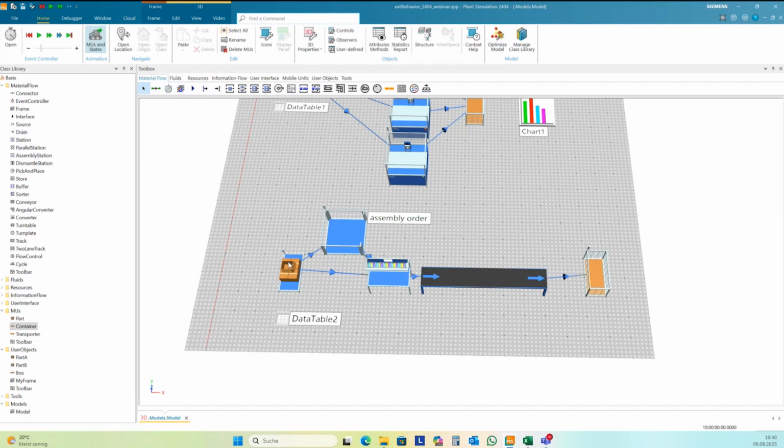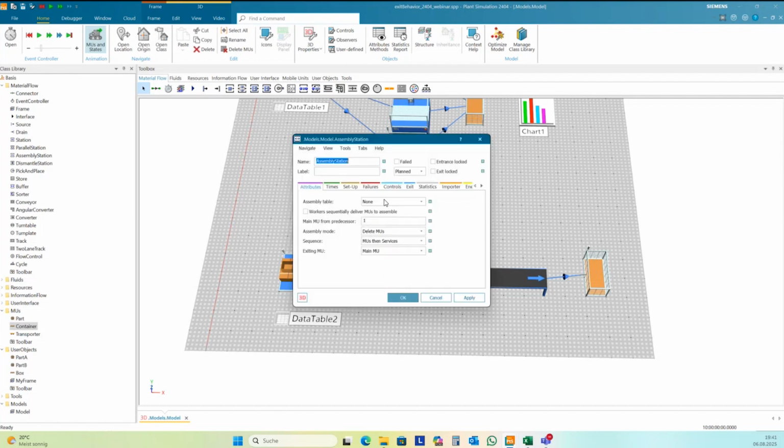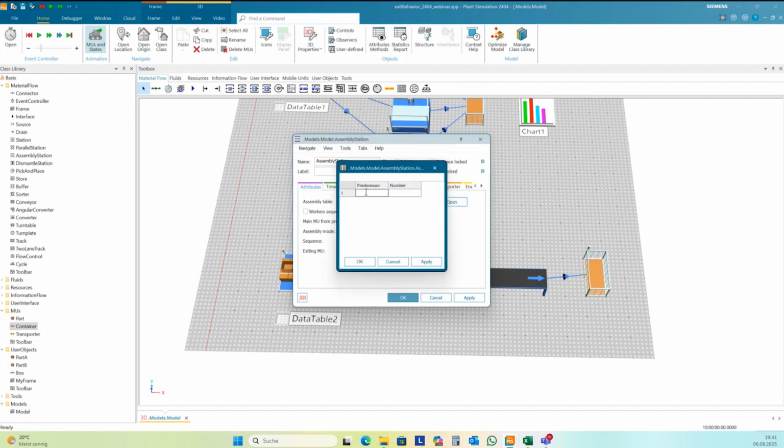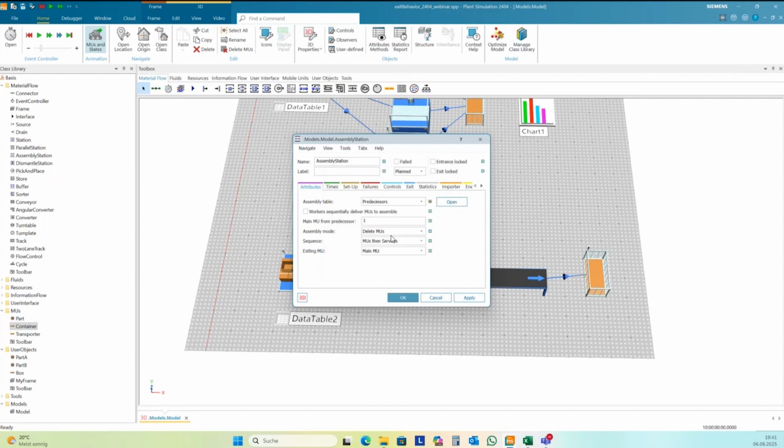Okay, and now I need to send first the box here to the assembly station. I want to have assembly table based on predecessors. Predecessor number 2, I want to have 4 parts. Main MU come from predecessor 1, and I want to attach the MUs.